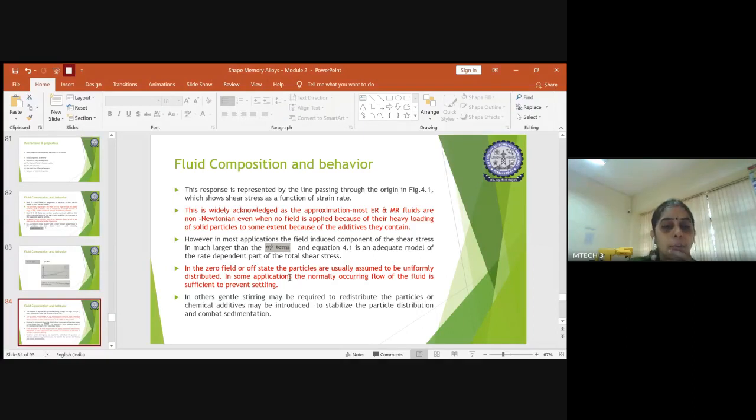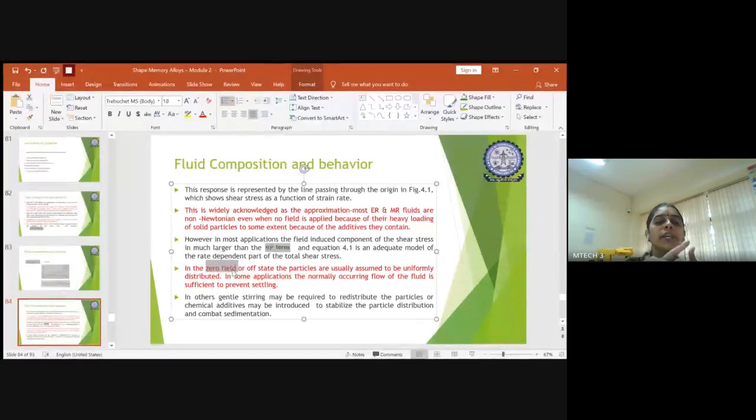And one more thing is zero field. What do you mean by zero field? No electric field or no magnetic field. In case of ER fluid, zero field means no electric field. In case of MR fluid, zero field means no magnetic field. So in zero field, the assumption we make is that the particles are usually assumed to be uniformly